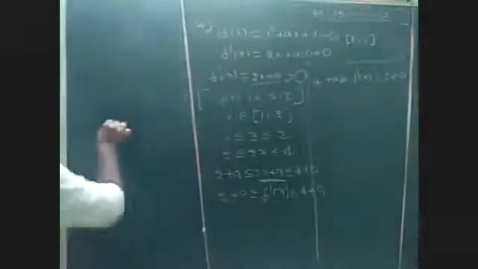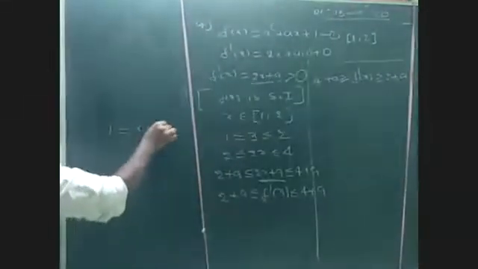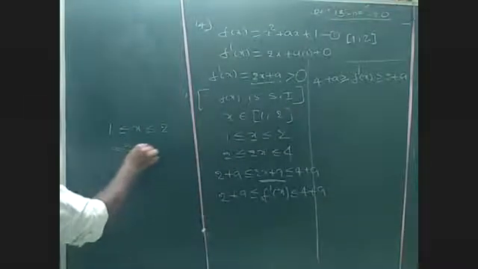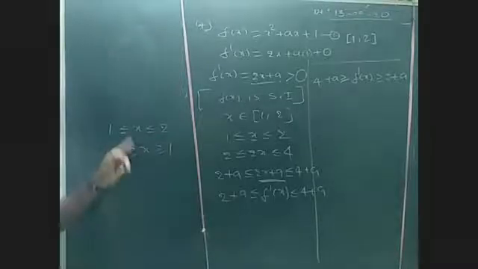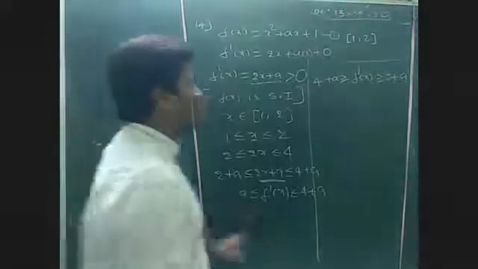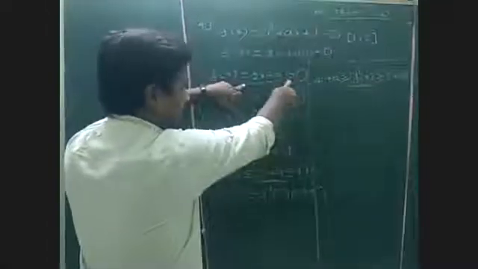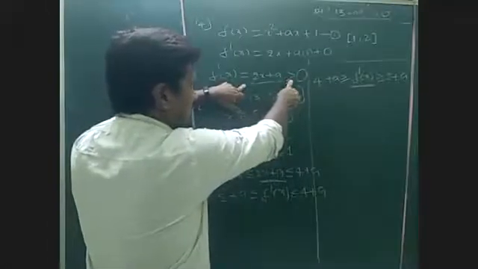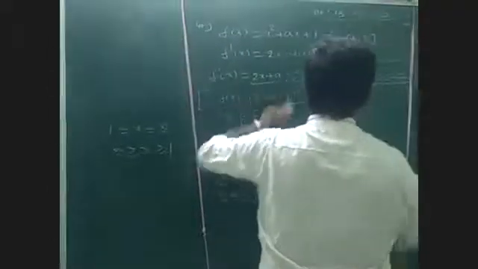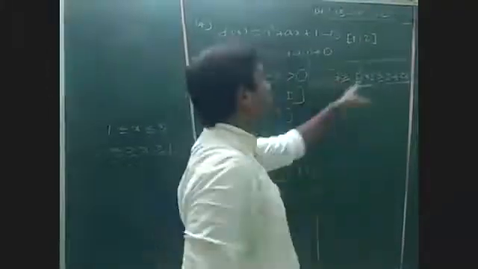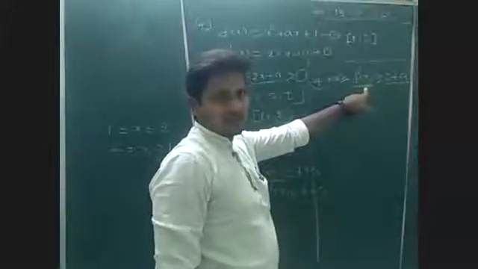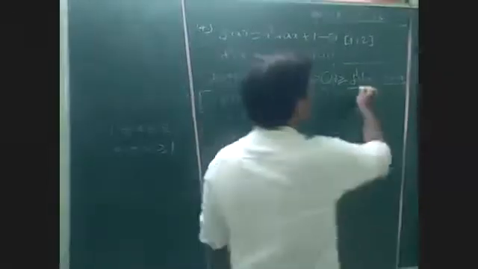Because whenever 1 is less than or equal to x is less than or equal to 2, we write 2 is greater than or equal to x is greater than or equal to 1, like I have written here. Now observe clearly that f dash of x is greater than 0. So what is the value on the right side? This 4 plus a is clearly more than f dash of x.